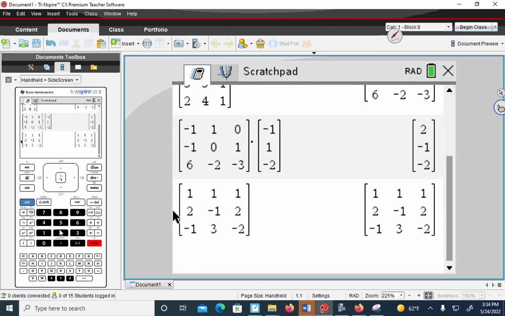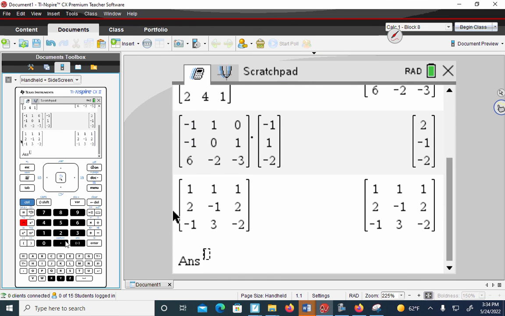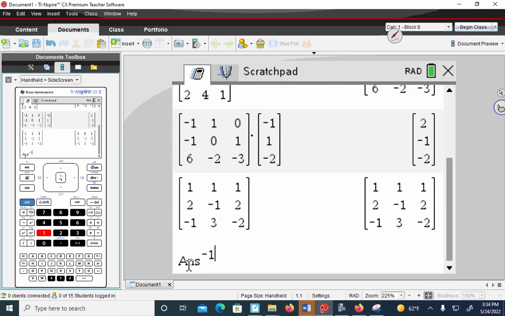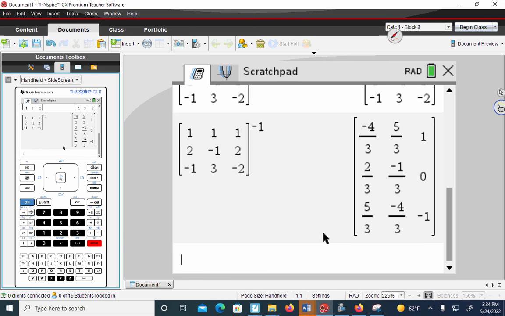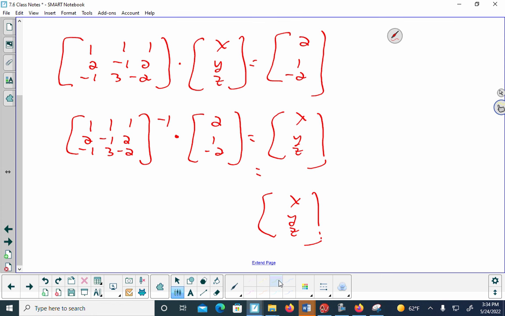Raise this to the, why do I always do that? I'm just going to raise it to the -1 power. See, I have this answer is that guy, so I am fine. Hit enter, and I get that. Ooh, not very pretty. I'll be the first to admit it. I have some fractions going on there. But you know what? I don't care. I'm just going to write that down so I get full credit. Fractions are friends. So I'm going to have -4 thirds, 5 thirds, 1, 2 thirds, and